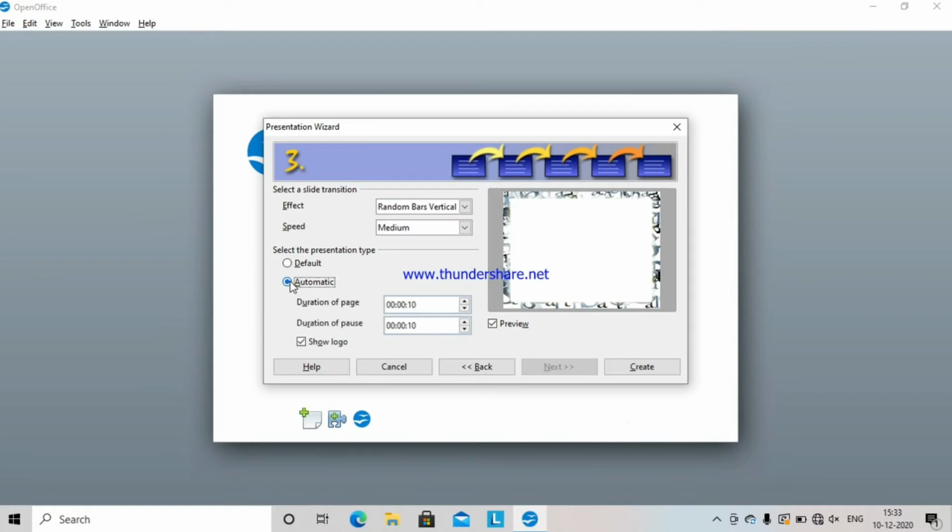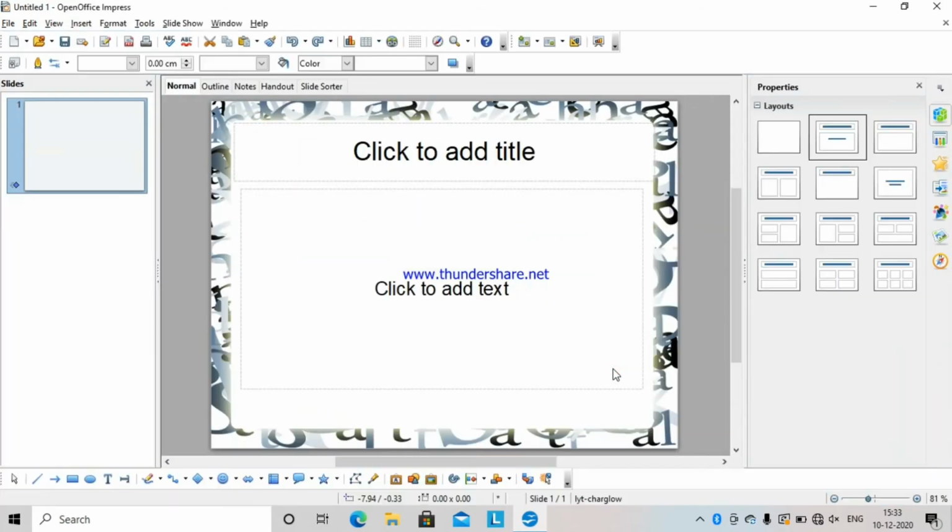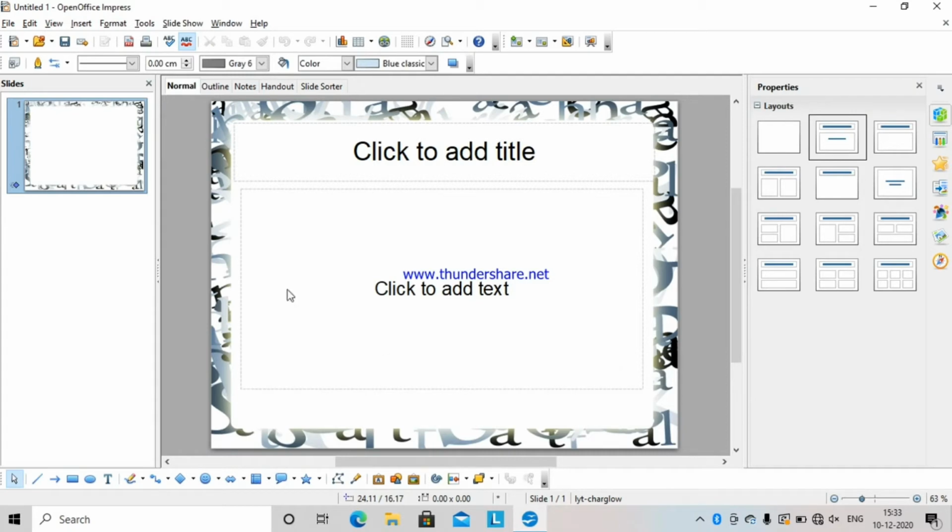But if I select this automatic, after this duration, means whatever time we are setting here, after that many seconds the next slide would proceed by itself. So using this setting, we can set the presentation to proceed automatically. At present, I am selecting default and then click on create. When I click on create, you can see this is the presentation. My presentation is open with the design that I had selected.